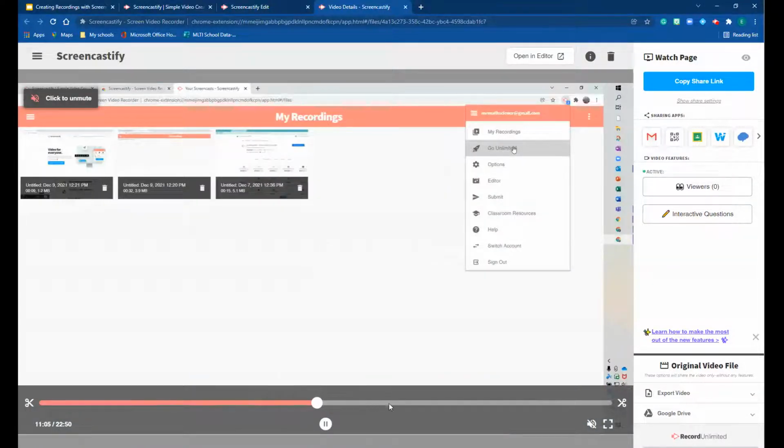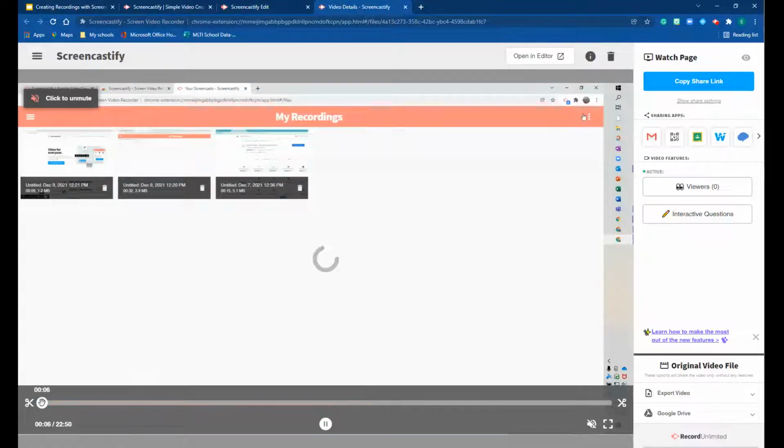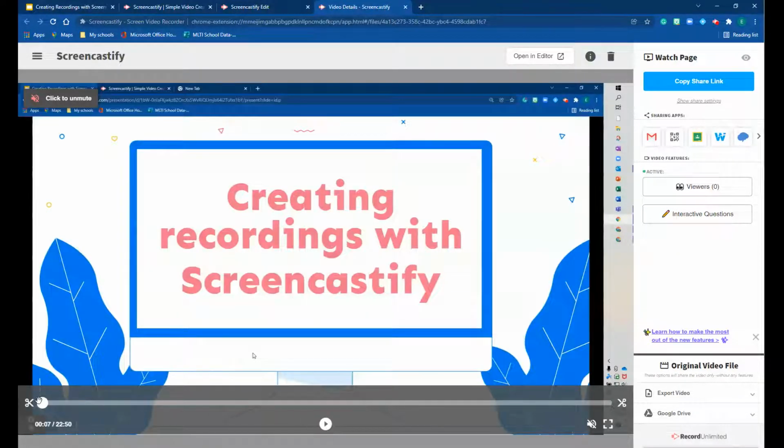So here we are. Here's me jabbering on about all sorts of stuff. And you'll notice that there are these little scissors on the ends here. These scissors are the basic editing that you can do inside of this part of the window. There's much more editing that you can do inside the editor, but for this, you get kind of the basics,